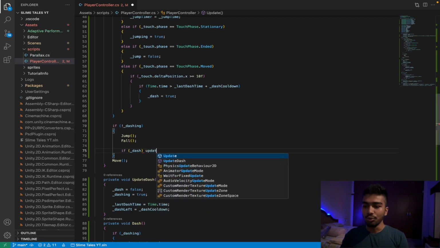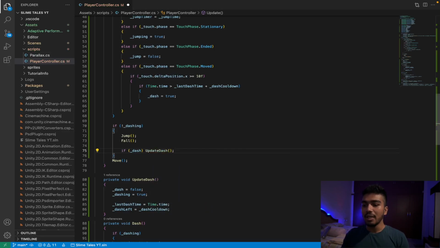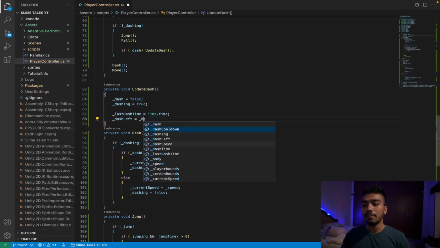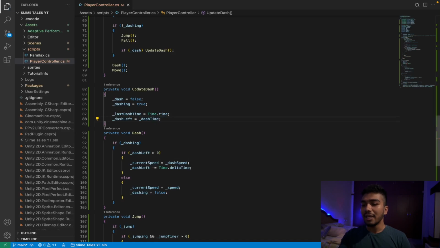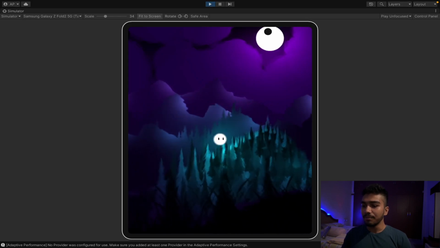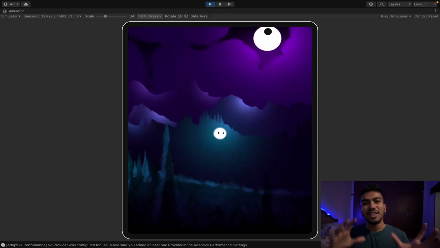So if dash is true, we call the update dash function, which handles all the logic for when a dash is to be implemented, and we just call the dash function above the move function. A small error, dash left should be dash time, not dash cooldown. So now if we go back to Unity, we can see that the player has a sudden burst of speed